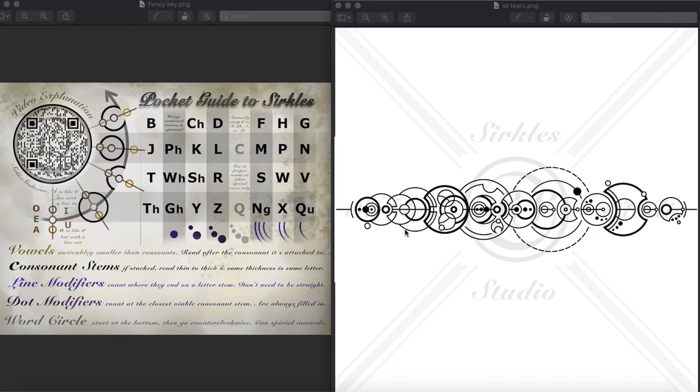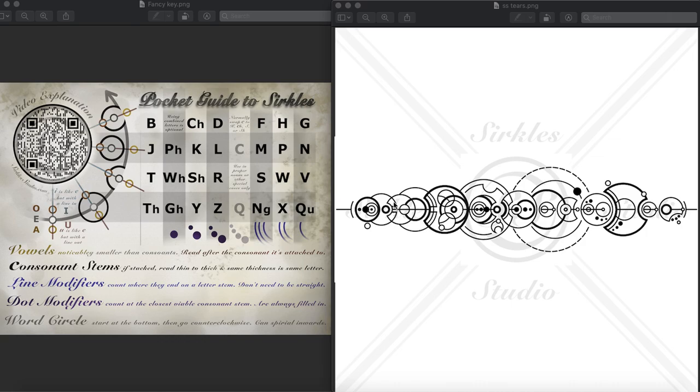It was done using Loren Sherman's script, which uses a combination of dots and line modifiers on these four different shaped consonant stems. So the line modifiers, like these guys here, count where they end on a letter stem. And they don't need to be straight. And I do a lot of cheating in this design with those line modifiers, making them look like pretend word circles. So one of those examples is here, where this is just a curvy line modifier coming off of this